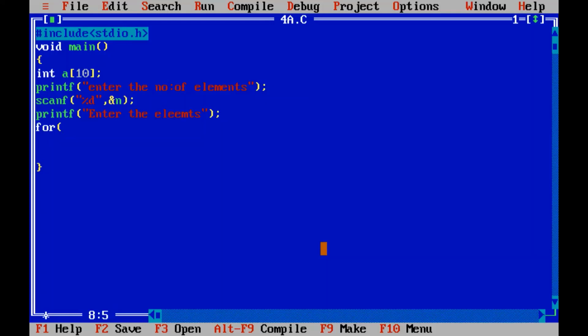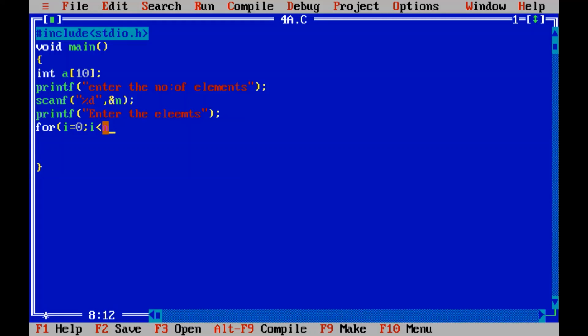For accepting all the elements of an array, we have to make use of a for loop. For one number, you can use a of 0. But when we are accepting all the elements of the array and you are accepting only n elements, then you restrict the for loop control variable with n.